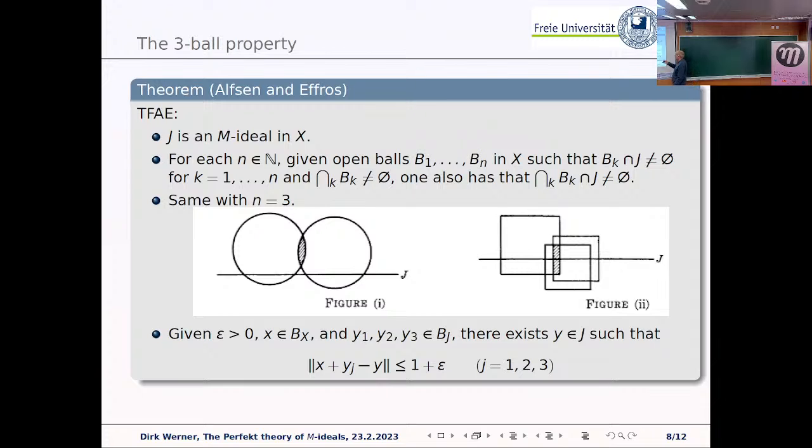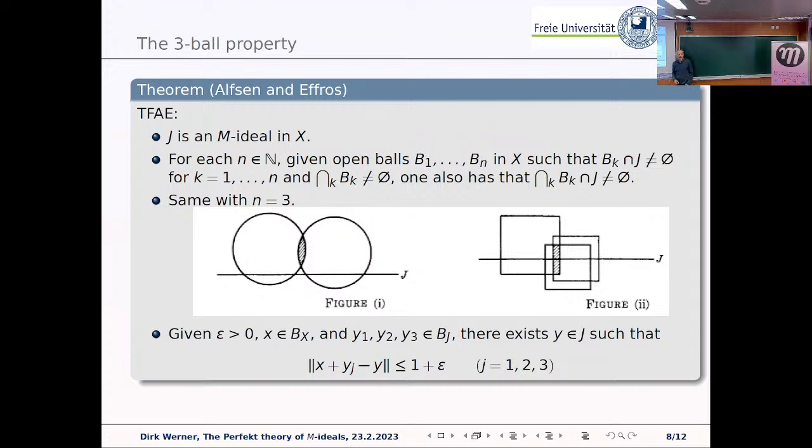So first of all, we have three open balls of the same radius, 1 plus epsilon. Then the centers are x plus y_j, where x is in the unit ball of the superspace and the y_j are in the unit ball of the subspace. Okay, then each of them intersects the subspace because y_j itself is an element of this ball. They also have a point in common, namely the point x. And the requirement here is they have to have a point in common that comes from the subspace. This is